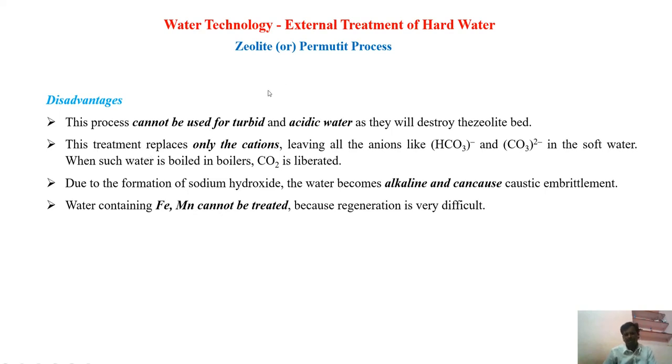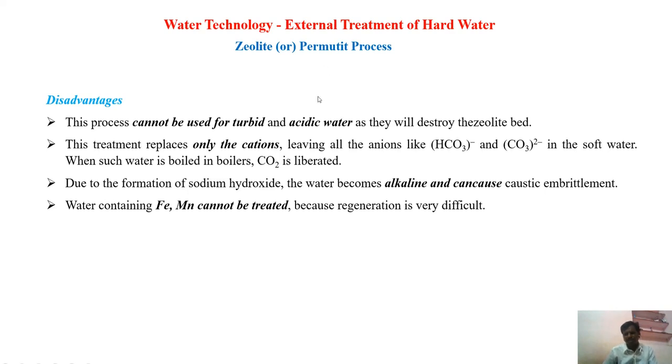In summary, again we have to discuss this. We are using zeolites. If the zeolite is available naturally, it is called zeolite. If we prepare it in the lab, it is called permutit. We can use either zeolite or permutit, but permutit is more efficient than zeolite. We pour the water onto the zeolite bed, and the sodium ions are used to exchange the calcium and magnesium ions from the hot water. After a particular time, all the sodium ions are given out, that means all the sodium ions are exchanged with calcium or magnesium.